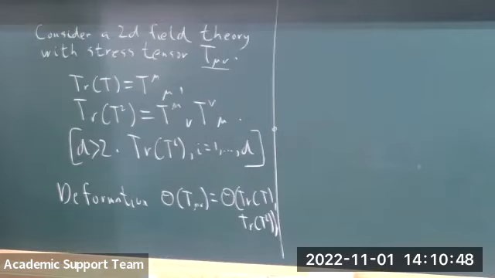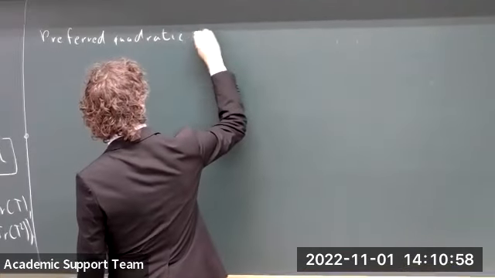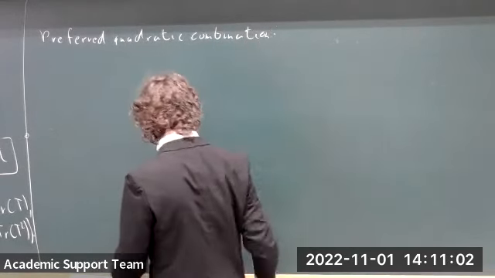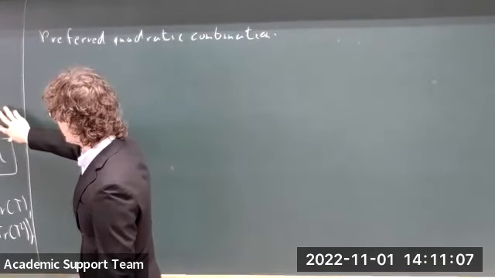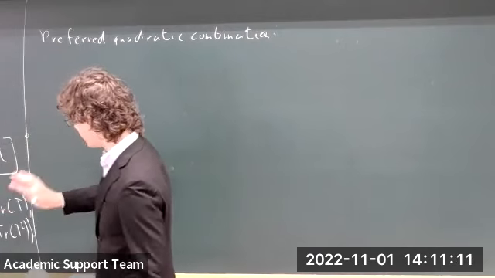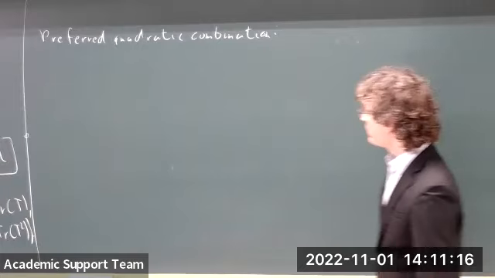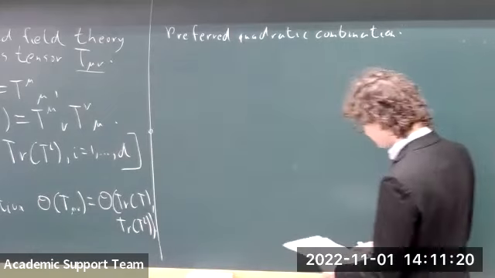Okay. So there's a preferred quadratic combination. The first thing you might like to do, since the second invariant, the trace of T squared, is quadratic in T, is to form some homogeneous combinations. So we'd like something which is built from bilinears, products in T, which means it can only depend on the trace of T squared and the square of the first invariant, the trace of T.